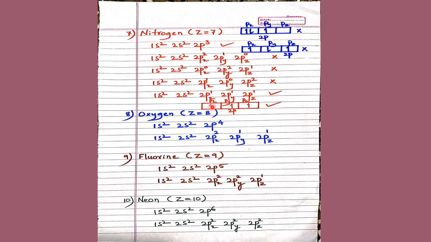Oxygen, 2p4. How? Now here 4 electrons: 1 electron here, 1 electron here, 1 electron here first. Then the fourth has to pair up because there is no choice. For 5 electrons in the 2p, 1 1 1 makes 3. Now 2 more. One will pair up here, one will pair up here. So 2 2 1. Neon, 1s2 2s2 2p6, fully filled.